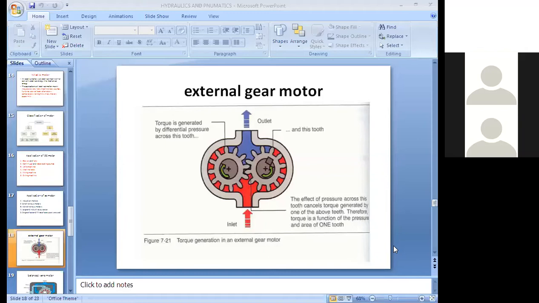And inside, two gears are there, meshed with their teeth. One more thing you can see in the diagram is the different colors, one blue and one red. These are the main components. How the fluid enters and how the gears start rotating, and why it rotates in this direction only, we'll discuss later.